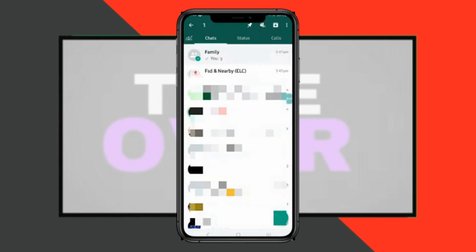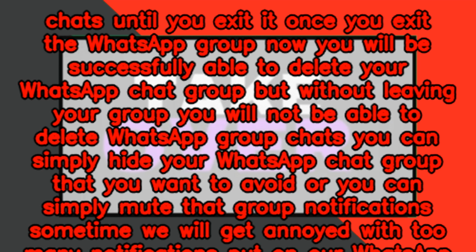Once you exit the WhatsApp group, now you will be successfully able to delete your WhatsApp chat group, but without leaving your group, you will not be able to delete WhatsApp group chats. You can simply hide your WhatsApp chat group that you want to avoid, or you can simply mute that group